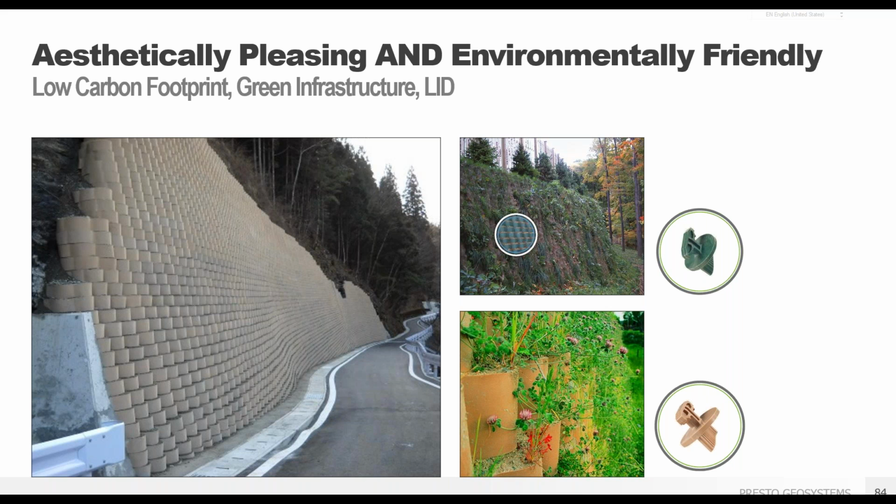Installation of the GeoWeb wall system is fast and materials are lightweight and easy to assemble. GeoWeb MSE walls are both less expensive for materials and for labor compared with traditional MSE walls such as masonry walls or Gabion block walls. And compared to many other wall systems, GeoWeb walls have a lower carbon footprint for manufacturing and transportation. They can help with green infrastructure and low impact development plans for a project site as well. Visit prestogeo.com for more information or talk with any of our engineers in-house to help see how we can save for your project.